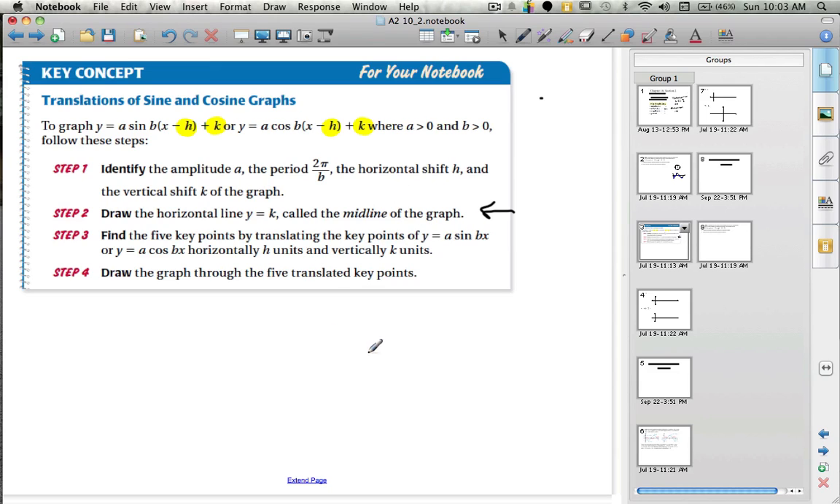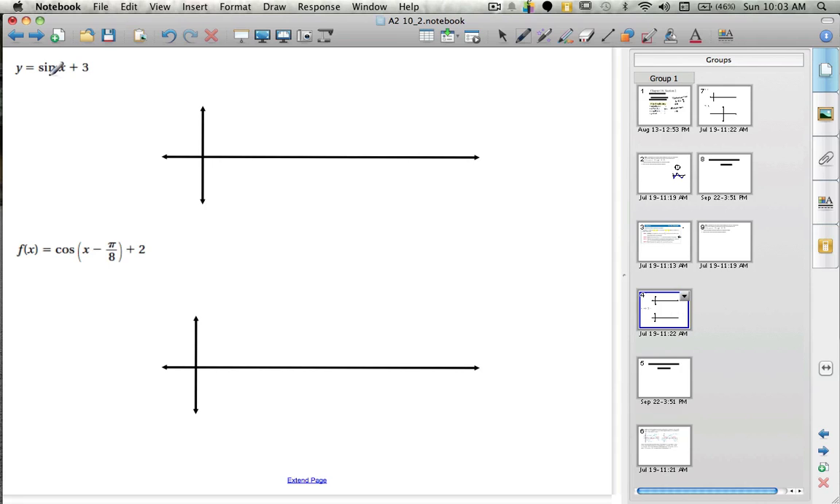Equally, you could graph it without h and k and then shift it by h and k if you felt that was better for you. I'm going to go straight to the final graph. So in this case, there's nothing in parentheses with x, so h is 0, k is 3. And over here, h is pi over 8, and k is 2. So when we start looking at this, I know that my amplitude here is 1,